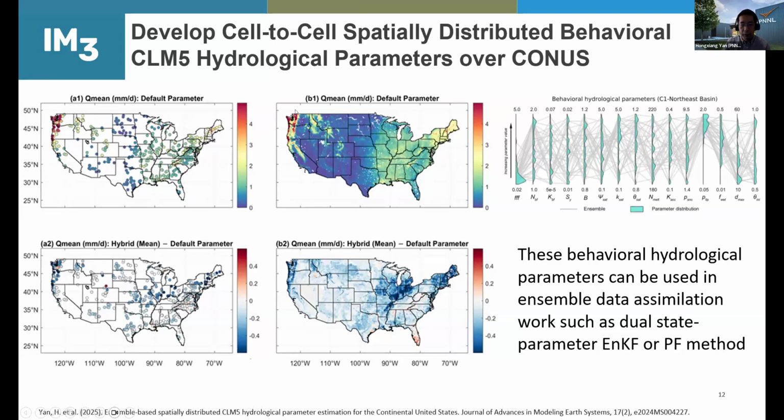Very similar pattern, high flow in the Pacific Northwest and Northeast. And on the bottom one, we show our developed behavior parameter. We call it the hybrid method. No details here, but it shows the behavior mean minus the default parameter set. We demonstrate that using observation really improves the performance. So we can say we address a lot of overestimation in the Pacific Northwest, the Midwest,